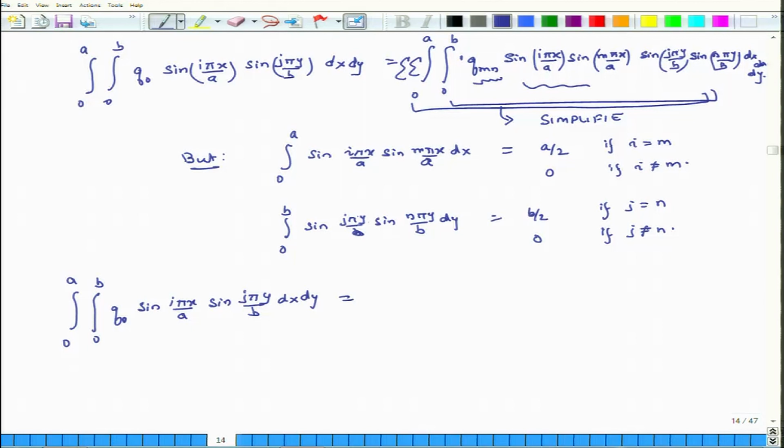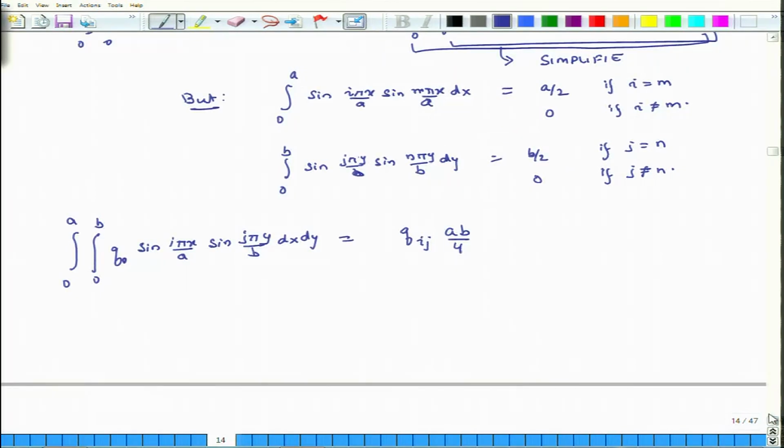So i is equal to m, right. Essentially if I use this relation, I end up with q i j times a b over 4. Okay. q i j times a b over 4. And what do I get on the left side? On the left side, the left side becomes